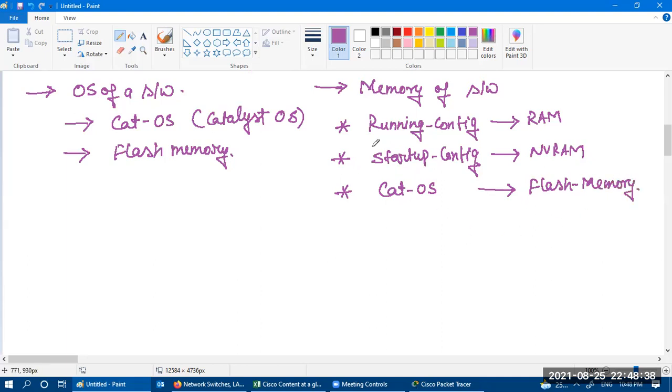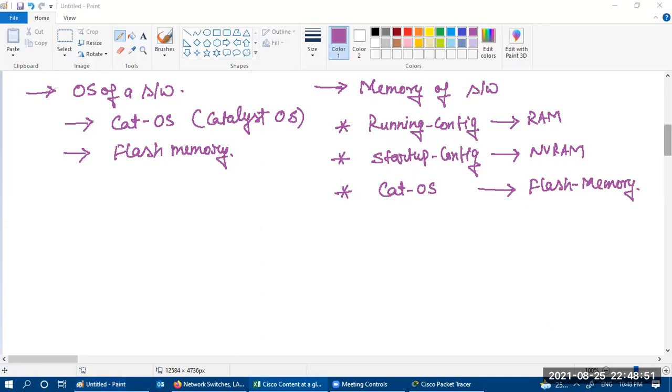So that Catalyst operating system resides in flash memory. We have a similar kind of memory available inside the router as well, so switches also have similar kinds of memories.